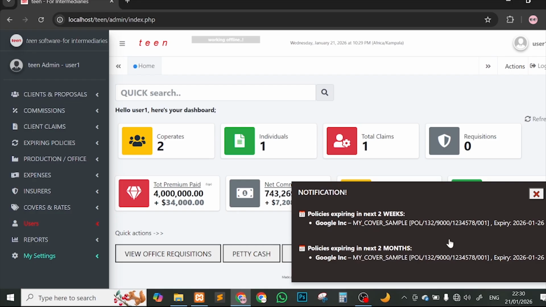So I'll be like, oh, this is what I have now. Maybe let me take action. Let me remind the client. Apparently it can also send a copy of an alert or a reminder email to the client prior to 2 months of expiring, or at least 1 week, or maybe the next day. Most times this can happen, but for now it is turned off because that needs some review from